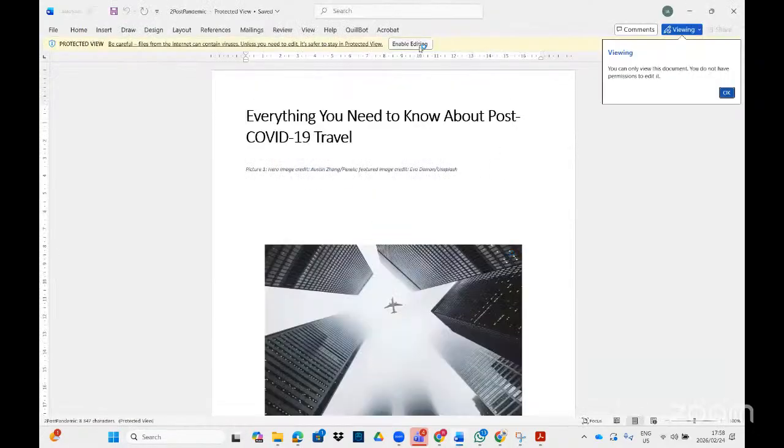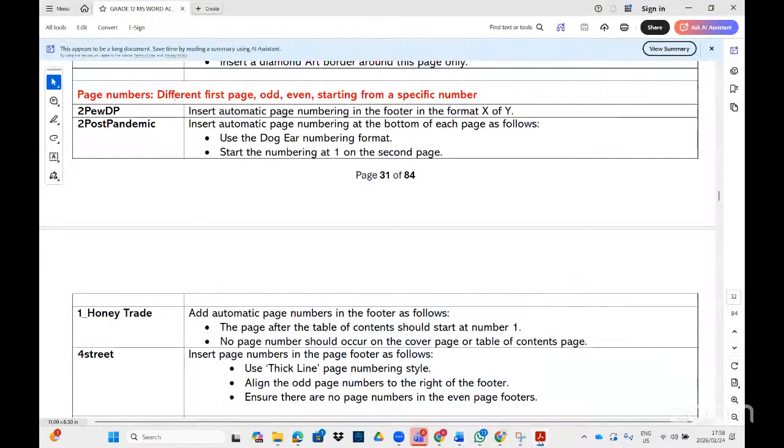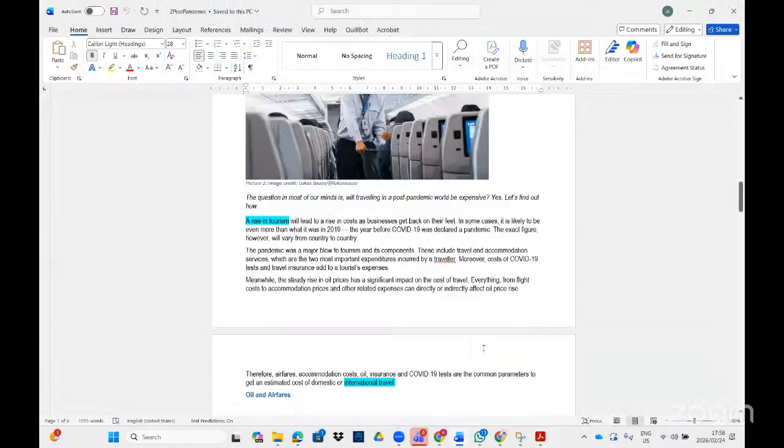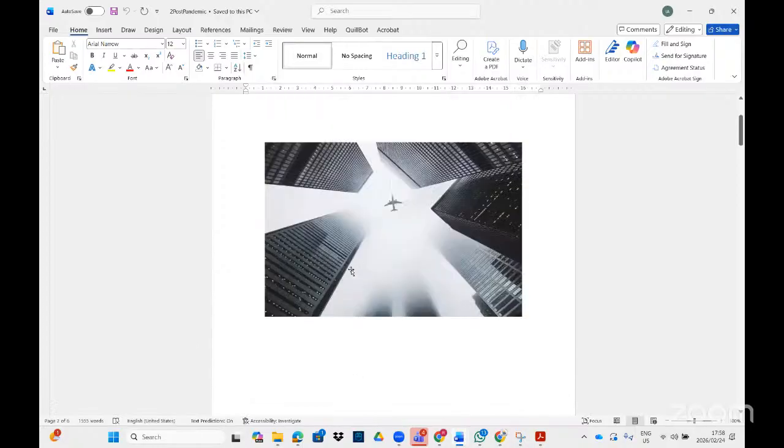You can join with me. And then the question says, insert automatic page numbering at the bottom of each page as follows. Use the dog ear numbering format. Start the numbering at 1 on the second page. So here we want to start numbering as 1 on the second page, but we are going to use the